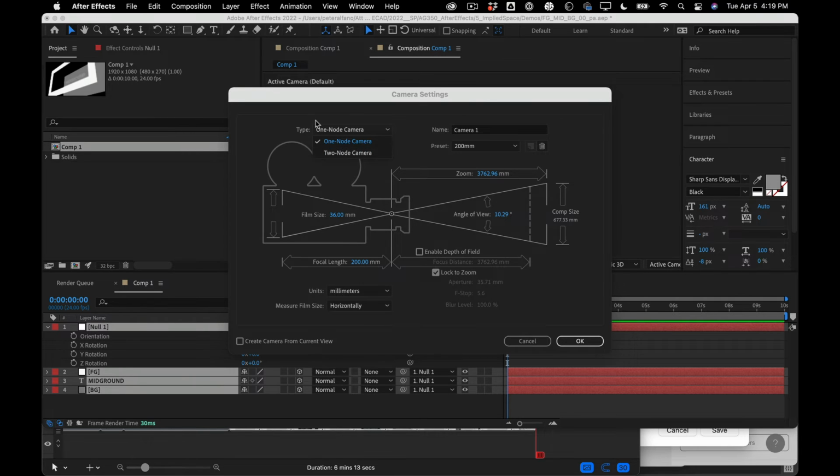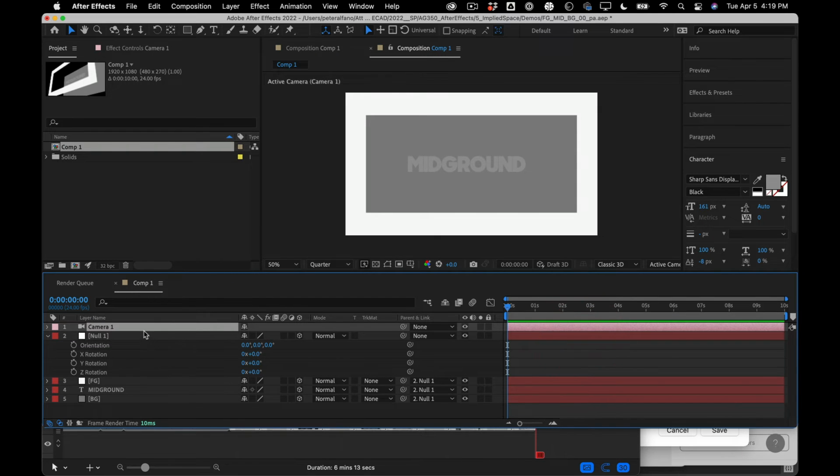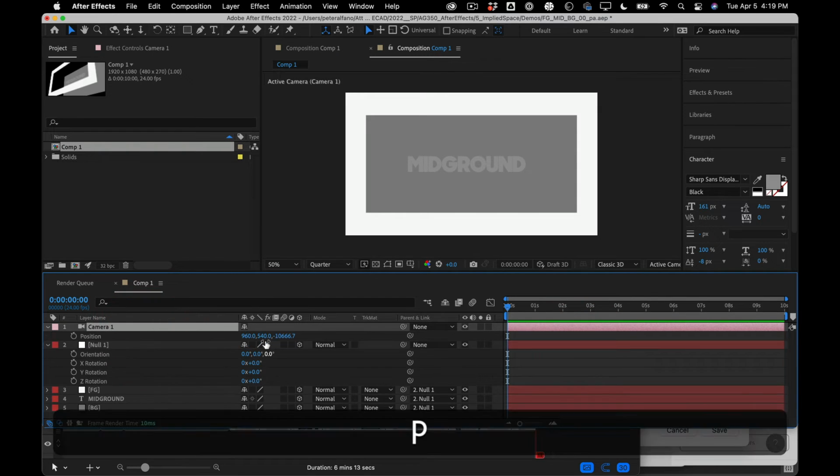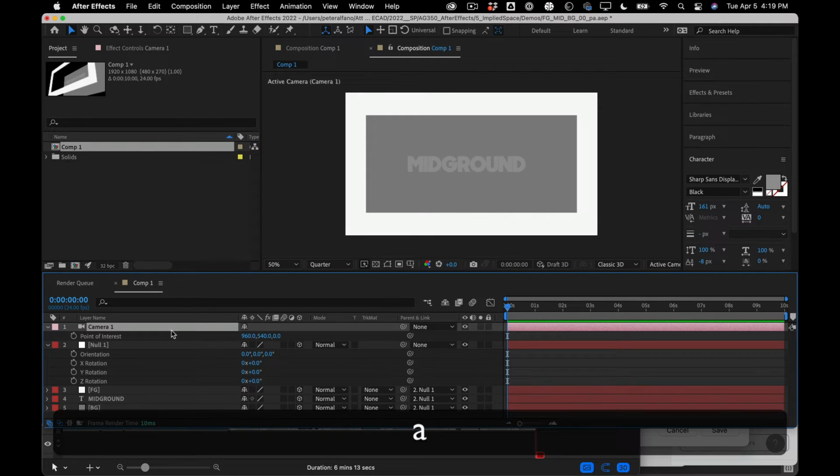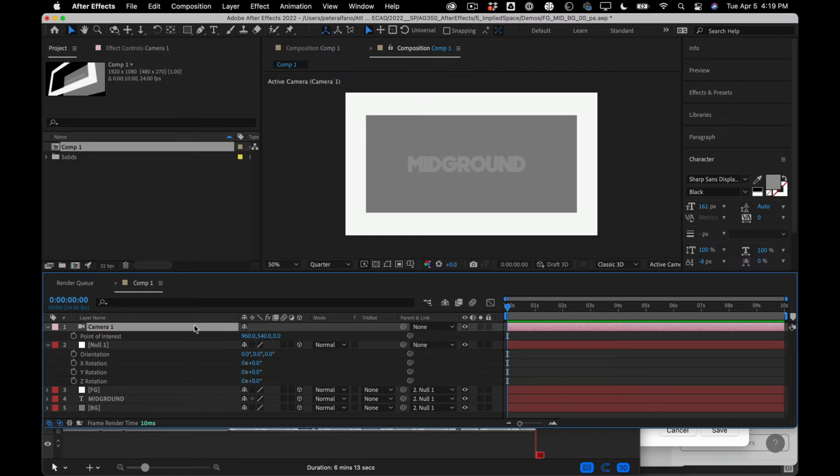But let me just show you, if you do want to create a camera that has more of an orbital kind of move, you use a two-node camera. So let's do that. And how that works is there's a position and then there's a point of interest. And so the point of interest, so you know what, another thing we can do to show this a little better